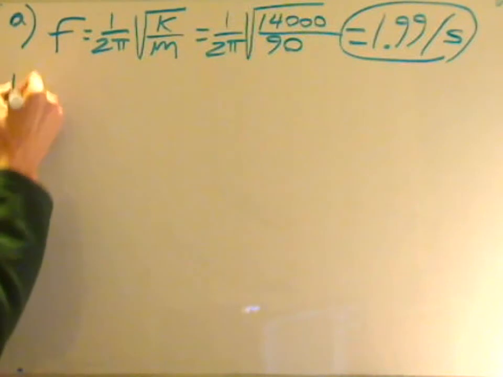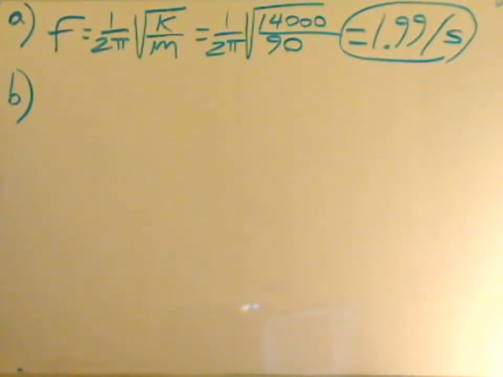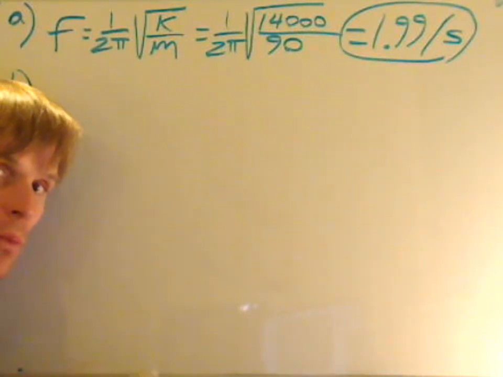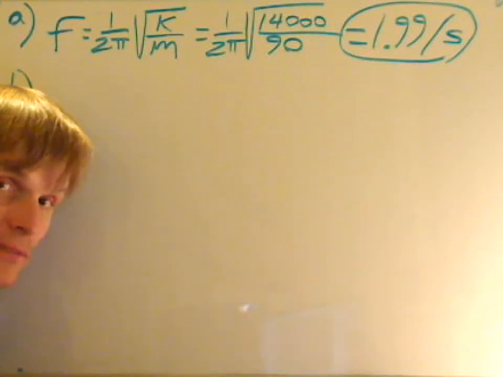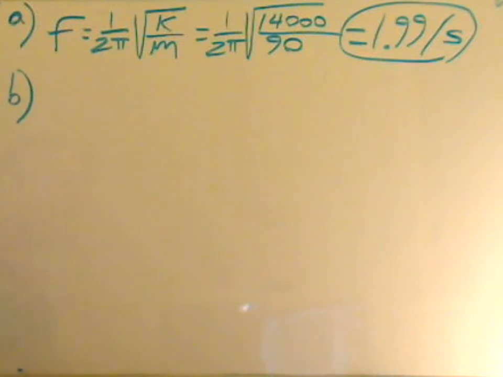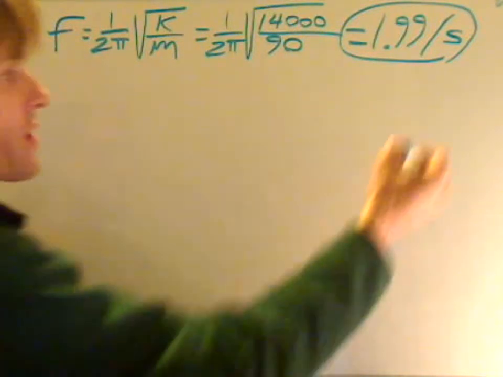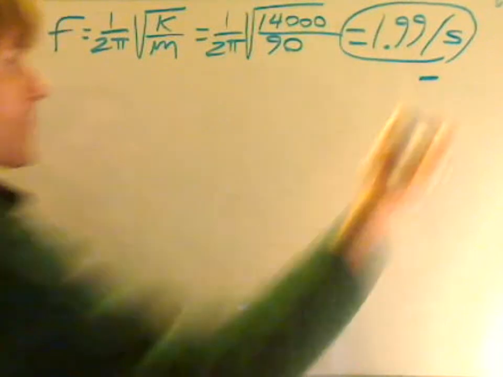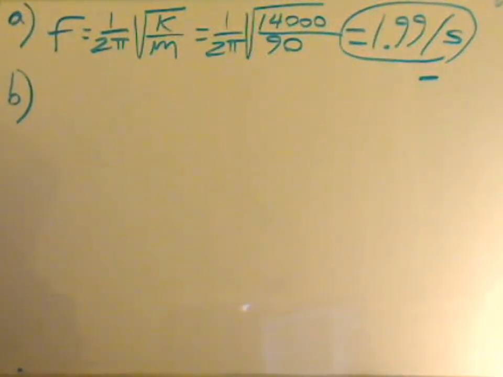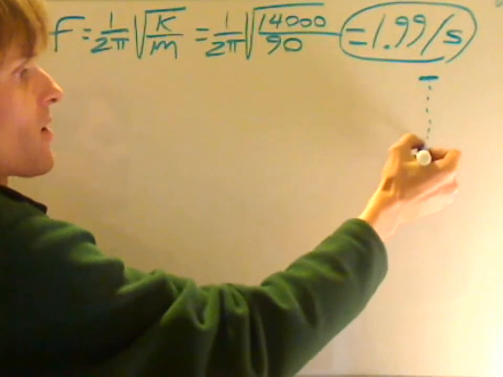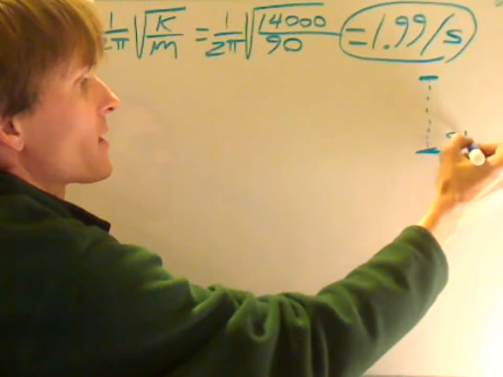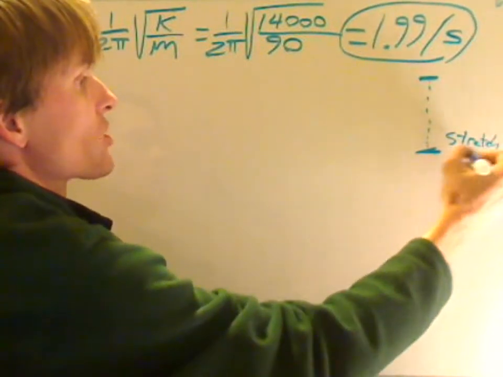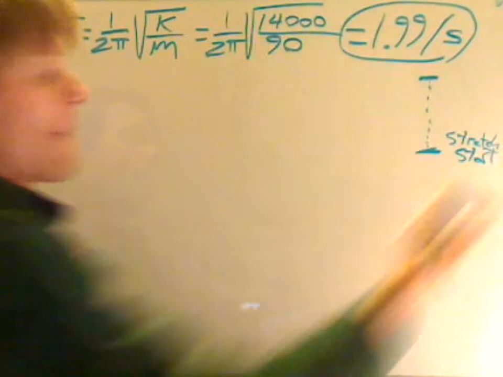Now part B is a bit trickier. We're told that we want to calculate how far this rope stretches when the climber falls 2 meters before the rope starts stretching, before the rope comes tight. And so let's look at the situation here. We'll try to draw this over here. So the climber falls from 2 meters. Okay, so he falls that far, and then the rope starts stretching right here. So this is where the stretching starts, right there,